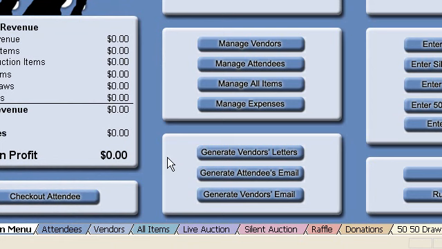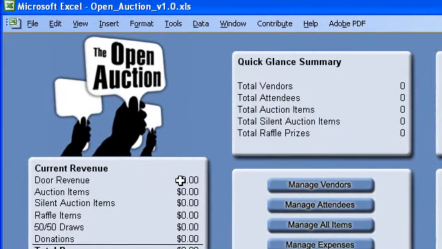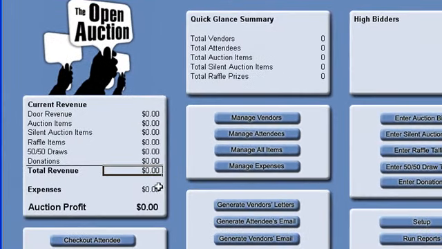The remainder of the main menu is basically to give you a summary of how things are going, and this is a real-time summary as well. So as people start to come in the door, you'll notice that the revenue from the door is starting to increase, and as people start to bid on items, you'll see all these numbers start to increase to give you a total revenue number. There's also an expenses tab to allow you to control expenses, so once that's entered in, that'll be reduced from the total revenue to give you your actual profit, and we find this